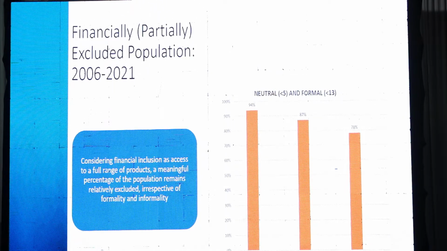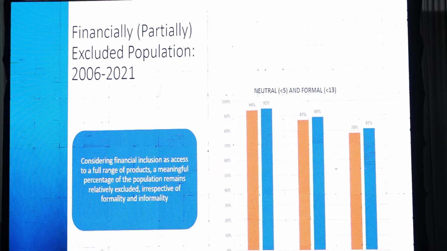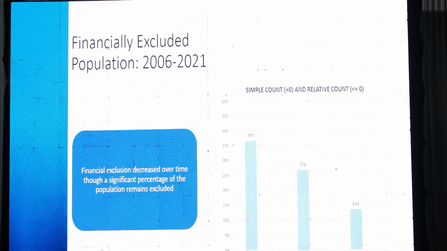So the threshold at 5 is again because we saw from the data that's where a large part of the population was. So the same way as for the formal indicator, we see that a large part of the population remains partially excluded. And when we look at the two indicators together, we can really appreciate the similar pattern and trend over time. We then move on to look at two other indicators that we have created.